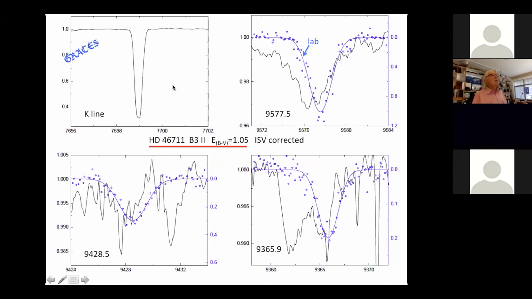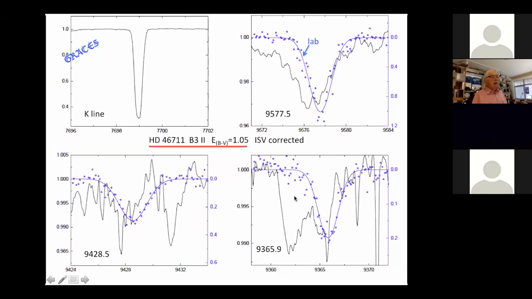And so now, because this was an earlier type star, which had fewer complications in the stellar spectrum, we made the comparison with the lab using this interstellar K line. And here you see the agreement or lack of it with 9577, 9428, which still has a small amount of emission in the wing,